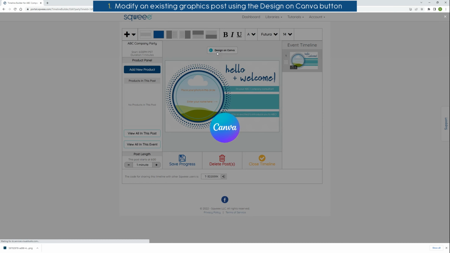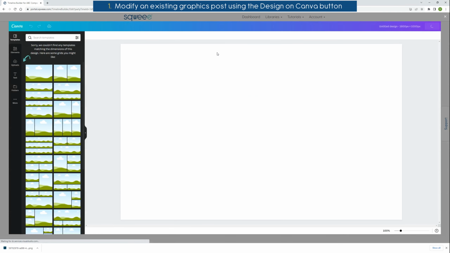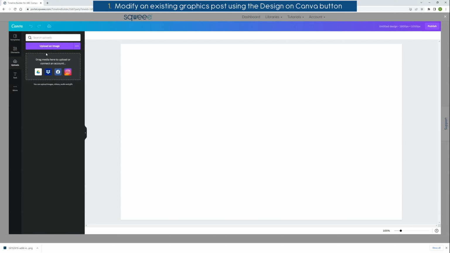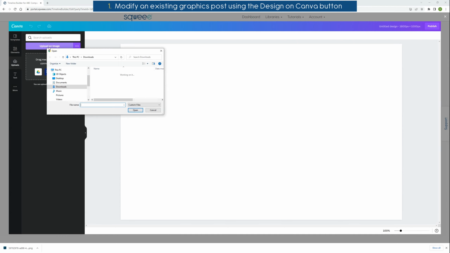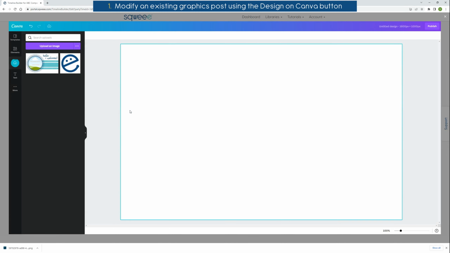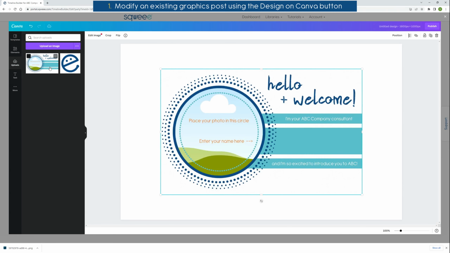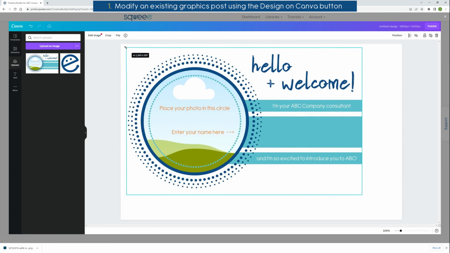I need to upload the graphic and my photo into Canva, so I'll do that through the Uploads tab in the sidebar menu. Click the Upload an Image button and select the graphics you want to use. You'll see the graphics upload into the sidebar. Click the uploaded graphic to place it onto the page and drag the corners of this frame out so it